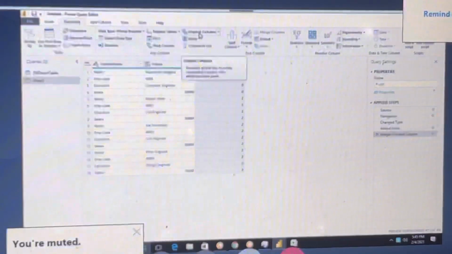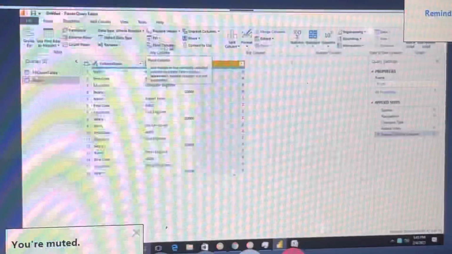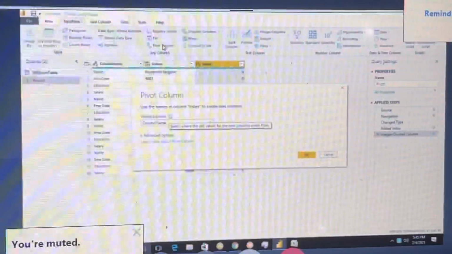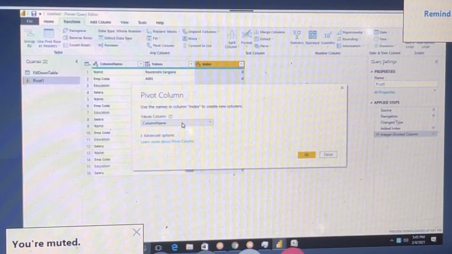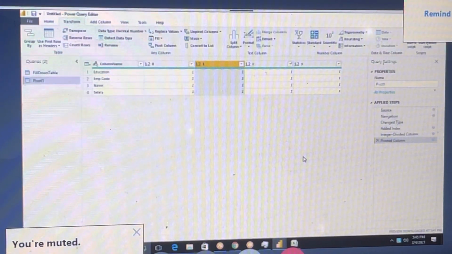Pivot columns. In the transform menu you can see this somewhere. See, here you have pivot. Once you click on pivot, you can give that here. If you take this one, values for example, the data is not getting correct, right? It is aggregated. So what we have to do is